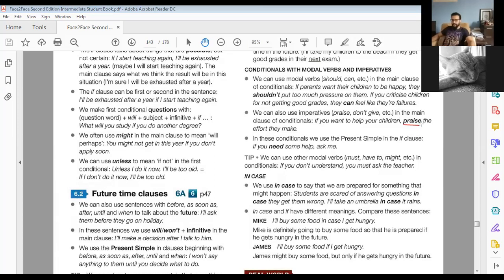All right. So there is nothing new here. I think it's just reminding you of the point. Nothing new. If the conditionals we use, we found out, present simple. Remember when the question asked you, what verb forms do we use in the main clause and in the if clause? And you told me we use present simple in both. This is correct. All right. Now take a look at the tip here. What does the tip say?